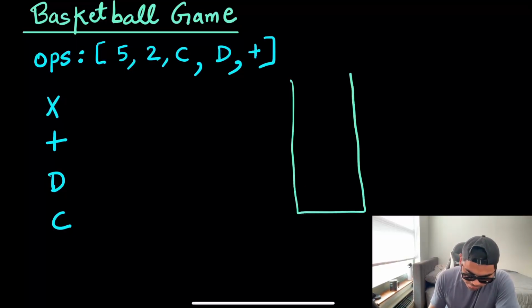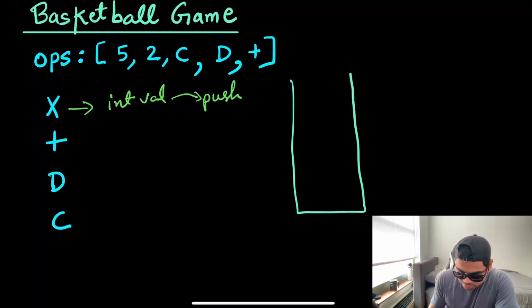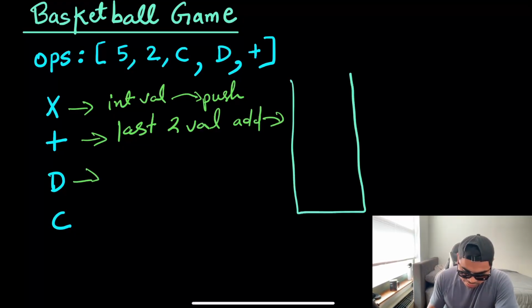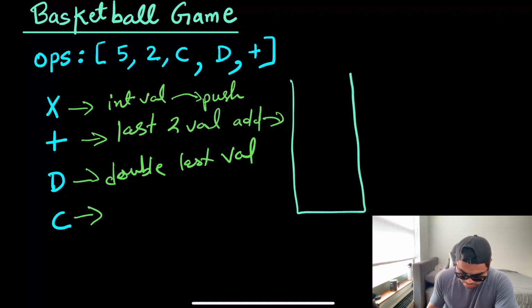Whenever we see an x, meaning an integer value, we will push it to our stack. A plus means take the last two values, add them up, and push the result to the stack. D means double the last value, and C means just a pop operation, pop out the last value. So as we go through,